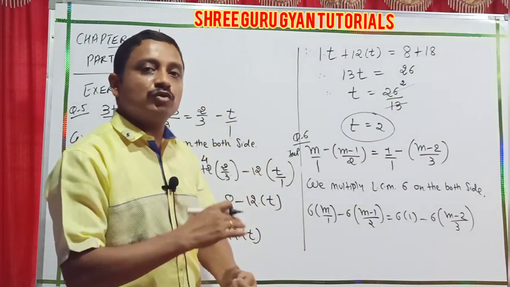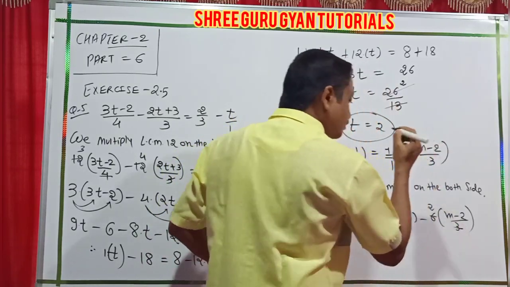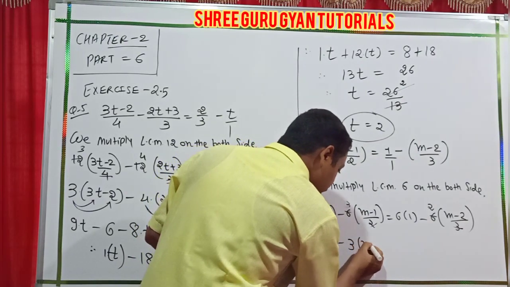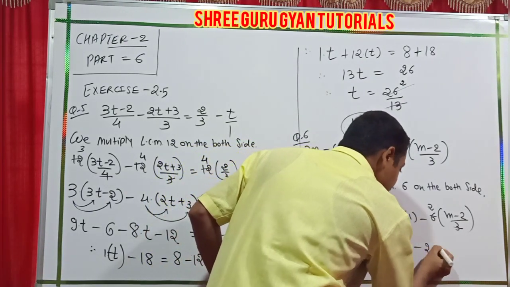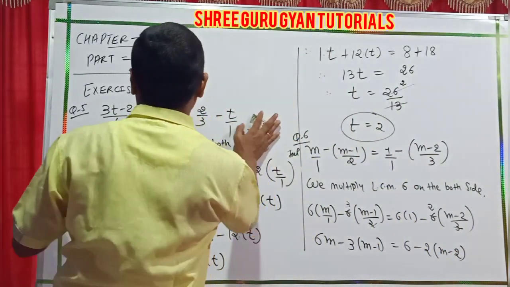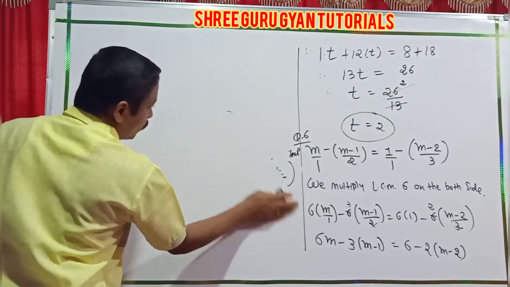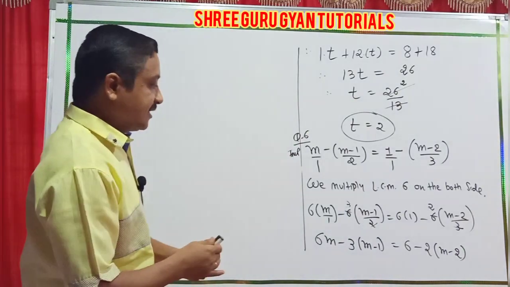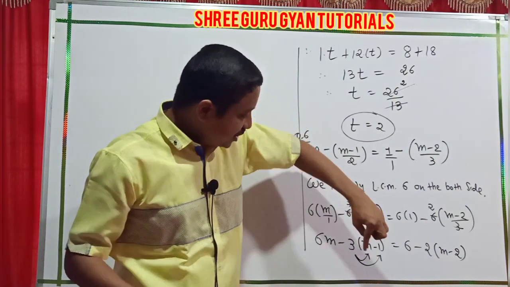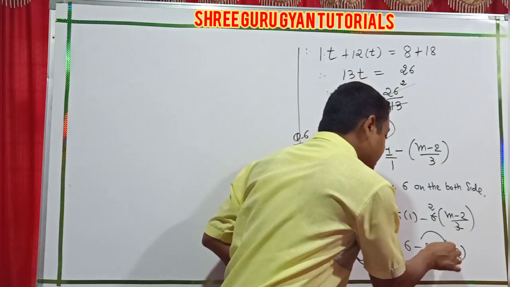Start the multiplications. So 2 3s are gone, here 3 2s are gone, and only remaining here is 6m minus 3(m minus 1). Here 6 1s are 6, here 2(m minus 2). Now students, here is one of the turning points in your multiplication terms. Only and only, I just multiply 3 into m and 3 into 1. These are the sign changes: minus, minus, plus. Same here: this minus, minus, plus.